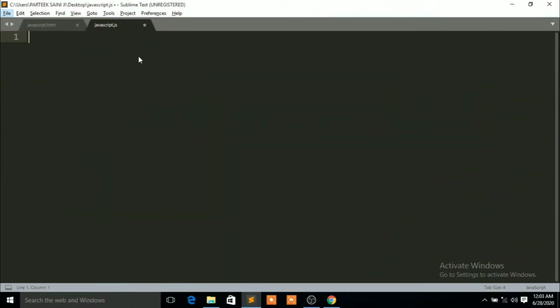Now let's learn about the objects which can store multiple values. Like if I write here the variable and the name of the variable, that is student, and then you have to write here equal to, and then the curly braces. Okay, now you can write here the name of the student, name colon, and then the name of the student in single quotes, that is prince, and then you have to write here the comma. Okay, and after that you have to write here age, and then again colon, and the age of the student, like you can write here, suppose 24, and then after the end of the braces you have to write here the semicolon.